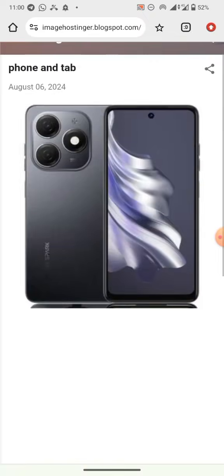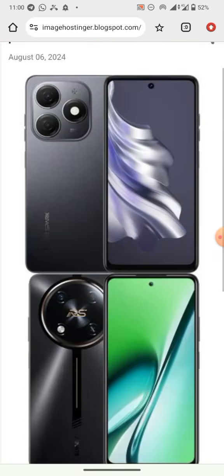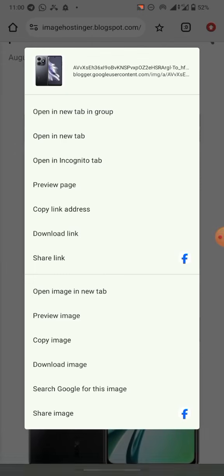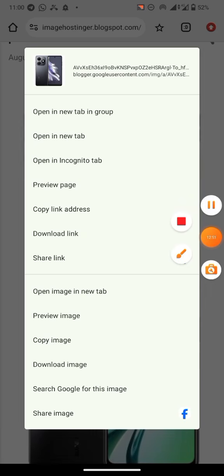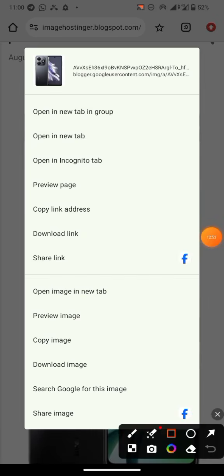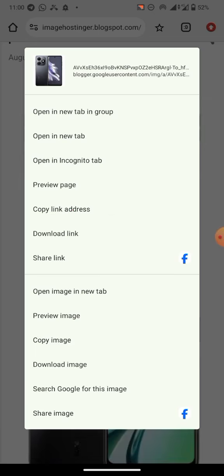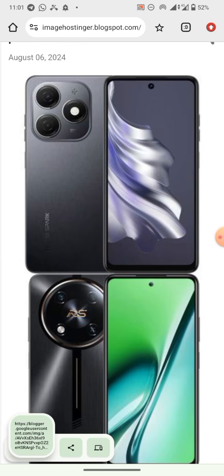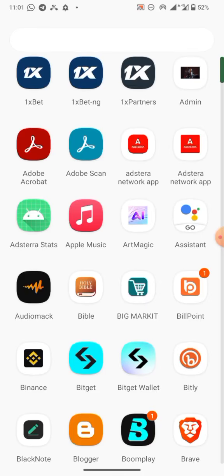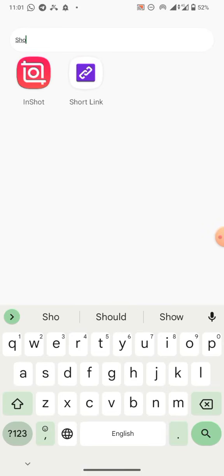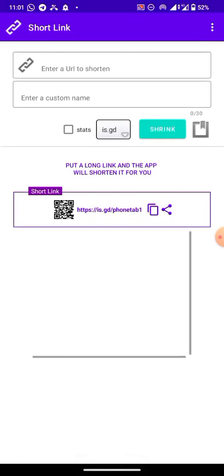This is the image. Now long click this image, and you're going to see copy link address. Hope you see it here. This is copy link address here. Then click on it, and you see that I've copied the link. Then go straight to that link shortener, paste it here,